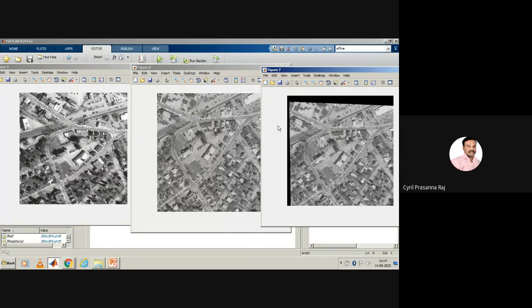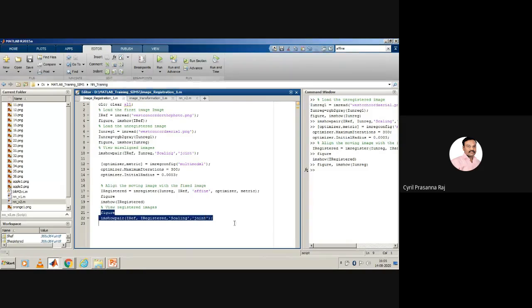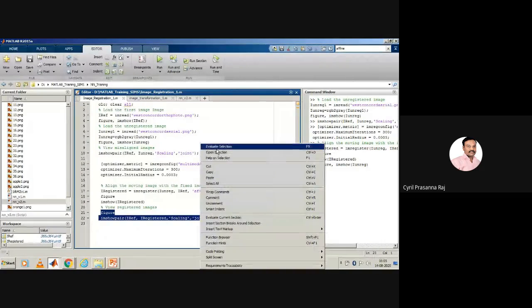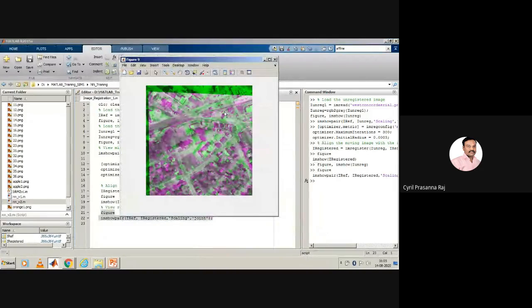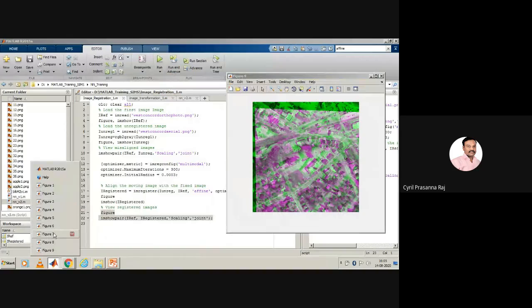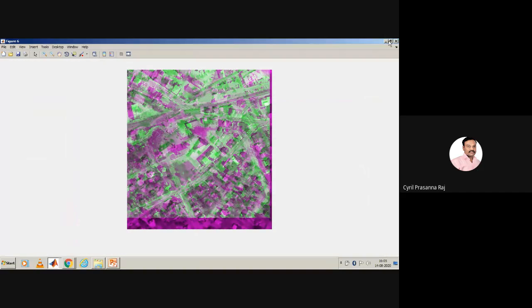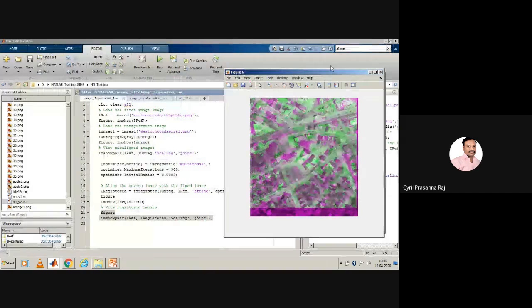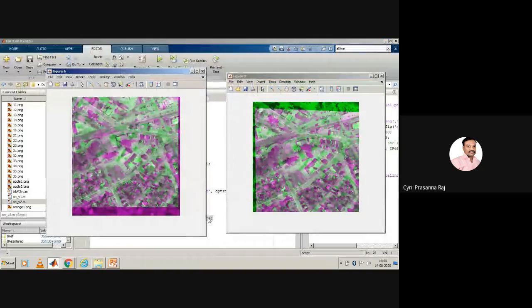Okay, so now if you see this logic here, we are able to perform the registration, but it may not be exactly registering because you have to change multiple settings over there. But you can even estimate what will be the registration, so you can just superimpose these two data. So this is what we get after registering the images. This is the superimposing of these two images, which are all unregistered, but this is the images after registration.